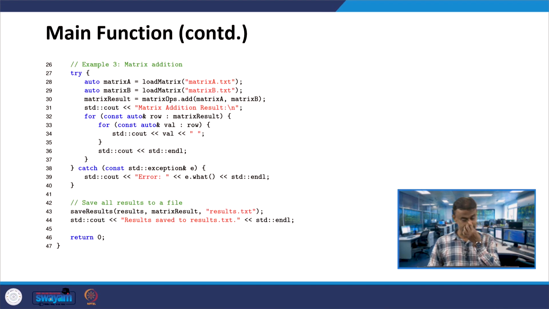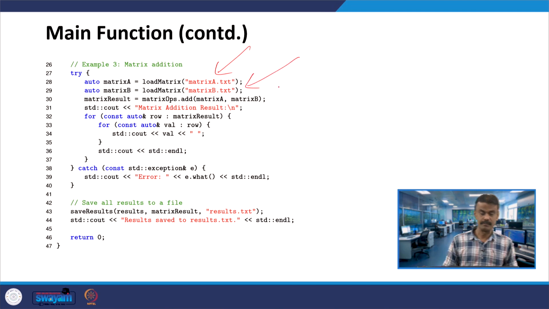Third one is matrix addition. So, you are taking one matrix from the text file A, another matrix from another text file B.txt, and then you are calling the add function. We have already seen matrix A, matrix B you are passing. So, whatever you are reading, storing in matrix A, whatever you are reading, storing in matrix B. So, use again try, throw, catch. You are passing matrix A and matrix B, we have already done this function. So, matrix result will be computed.